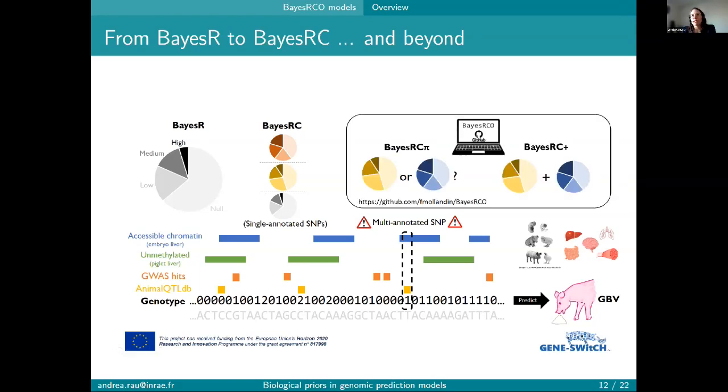And the 2 models that we developed are part of a package that, again, further extends this Bayesian alphabet family. So BayesRC-O for overlapping annotations. But in fact, the BayesRC-O software we developed includes 2 distinct models because in our minds, there were 2 distinct hypotheses or assumptions that needed to be accounted for. The first is that when there are multi-annotated SNPs, depending on what type of annotation is included in the model to be able to provide prior information about genetic variants, it may be that overlapping annotations reflect in some sense